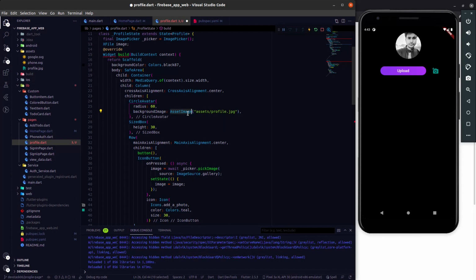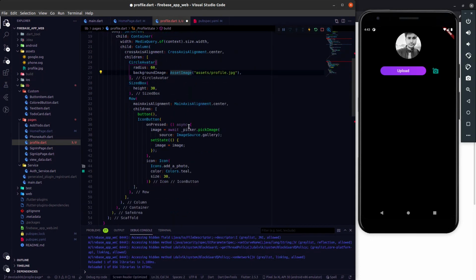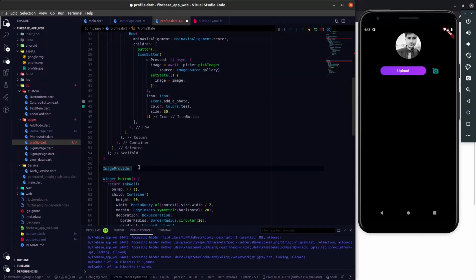Then after we upload an image to the Firestore and fetch that image from the Firestore, at that time we have to use the network image. So we have to write a logic in such a way that we can utilize it for three different kinds of images. That's why I'm creating the image provider, and it will be a get image.